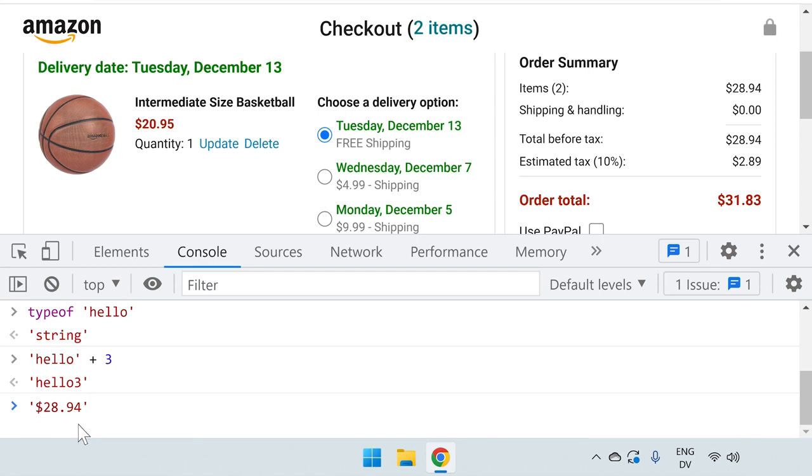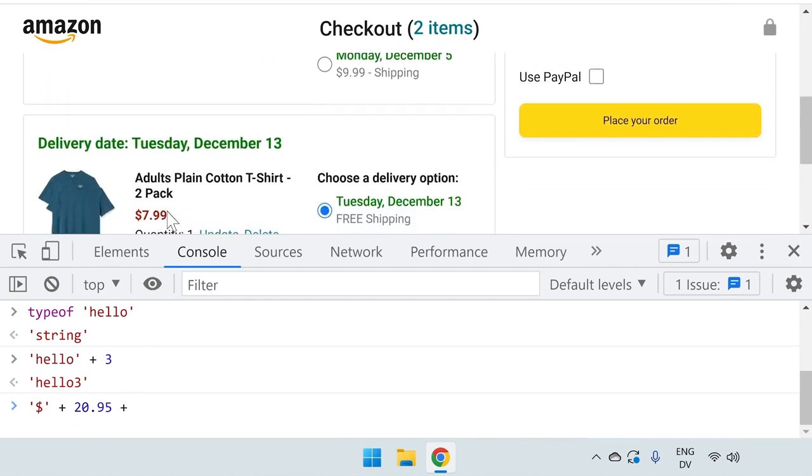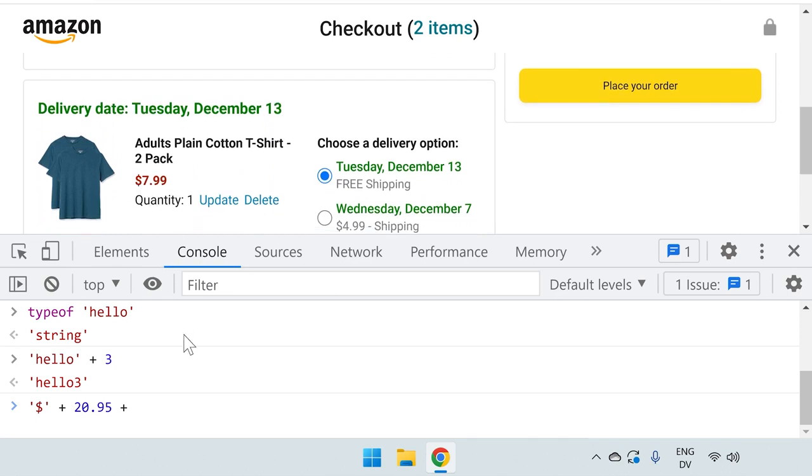So instead of typing out 28.94, we're just going to create the string $ sign plus, and we're going to calculate this number using math. So we're going to add the cost of the basketball, which is 20.95, plus the cost of the t-shirt, which is 7.99. If we press enter,